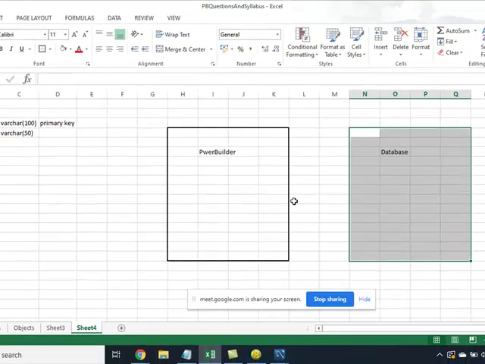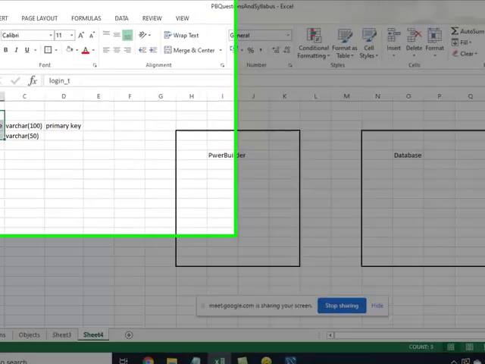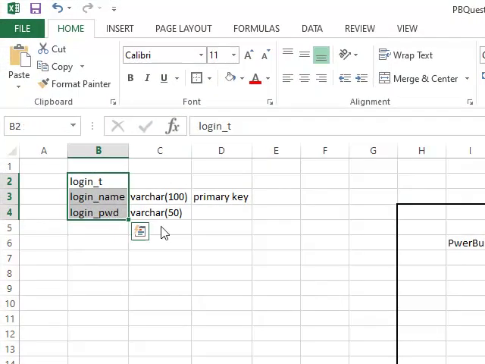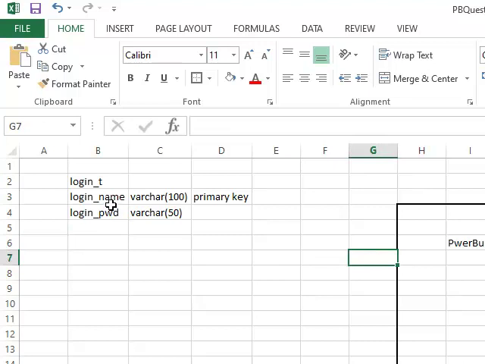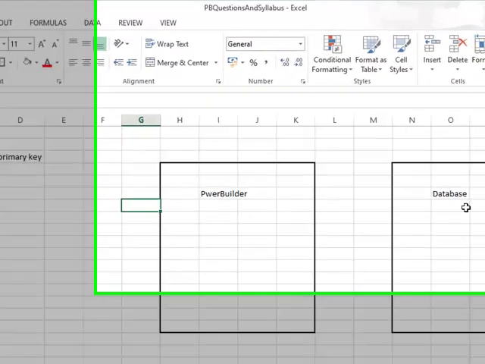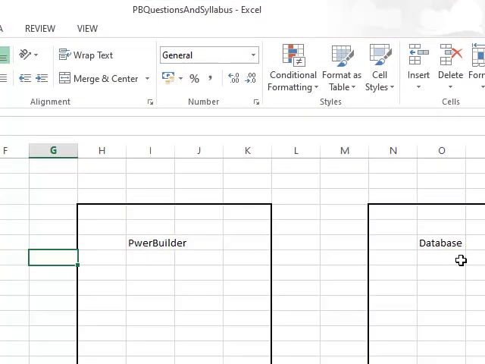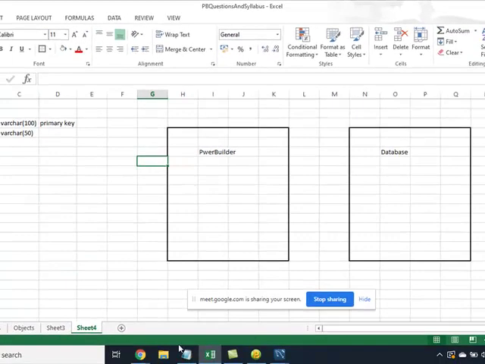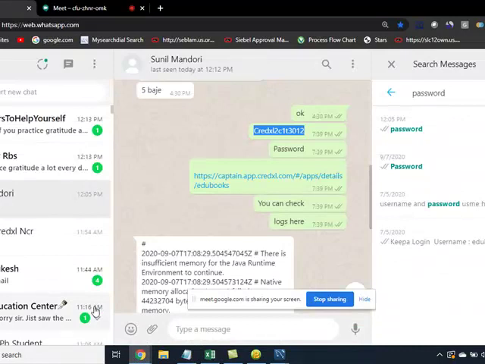So what we will do is we will create a table where we will store all the login information, and then we will verify and use that. I'll get one DB ready. Till then, what you will do is